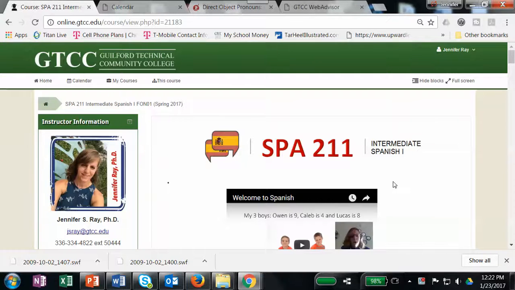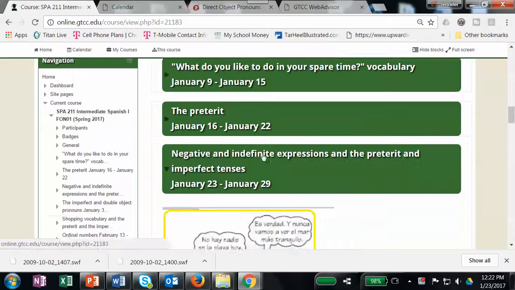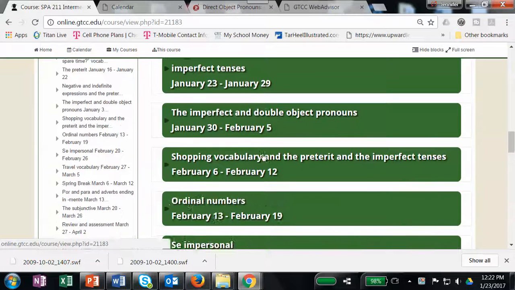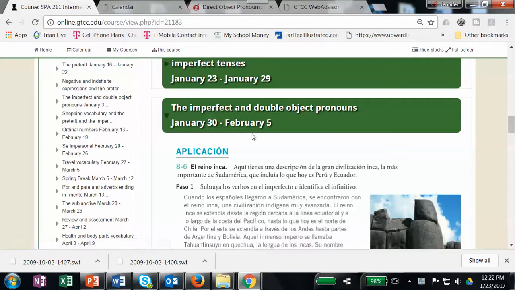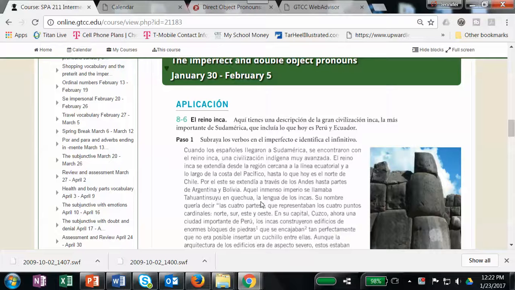Okay, so I'm going to go ahead and talk to you about what you have to complete for this week, week 4. If we scroll all the way down here to January 30th through the 5th, you'll see that we'll be studying the imperfect and double object pronouns. And if you scroll past the decorative picture and text, this is text you do not